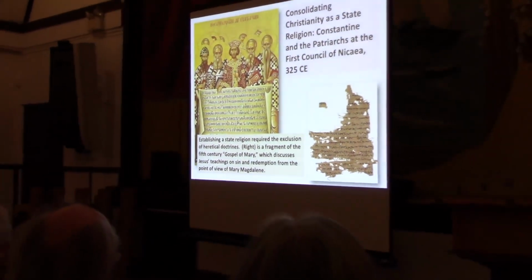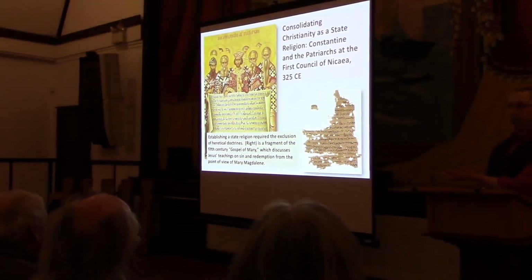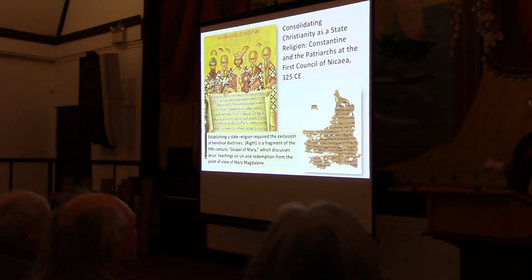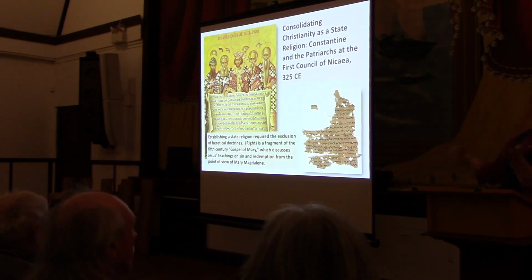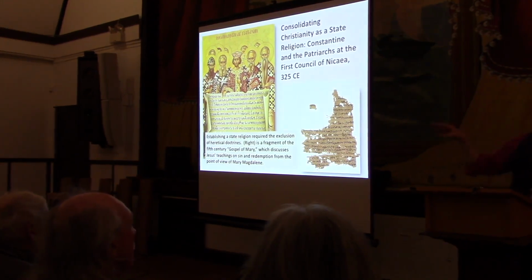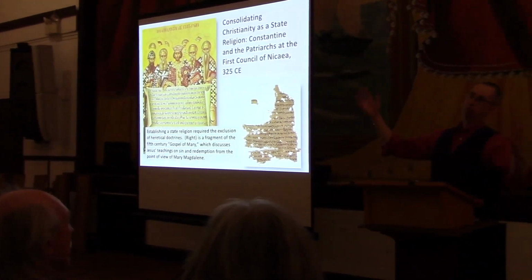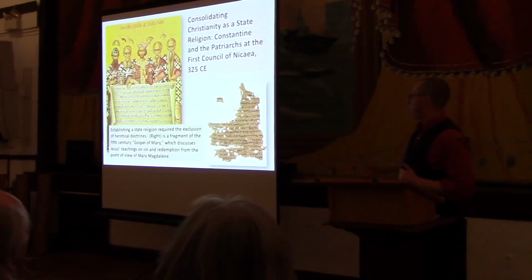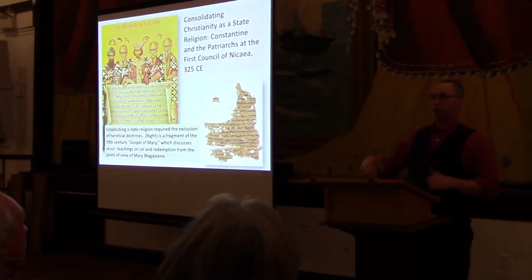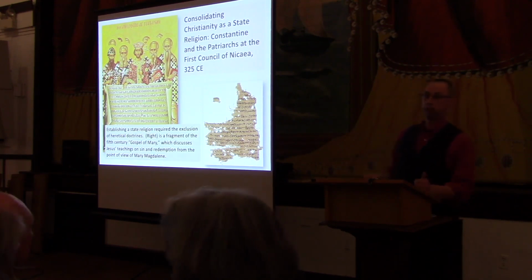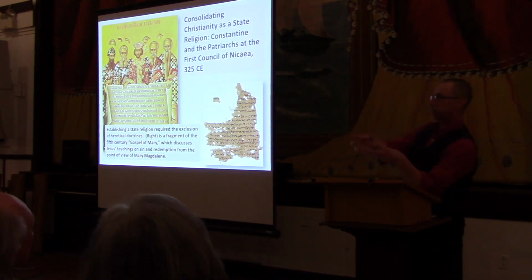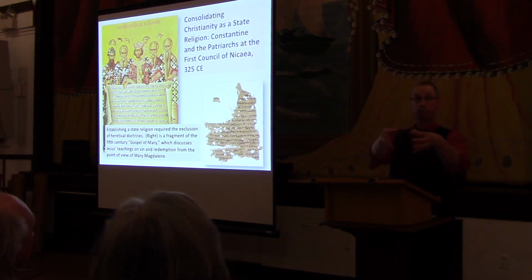325. They had to have a big council at Nicaea because there were so many brands of Christianity running around out there. I mean, so many competing views of what should be included and what shouldn't, and what real Christian doctrine was. They had to get it clear, because once you make it a state religion, it has a function. So I'm afraid the Gospel of Mary gets tossed out, and there's all kinds of, I mean, some of you I'm sure have studied this stuff. The Gospel of Thomas, yeah, they all have Gospels. There's loads of them. But now you've got to decide which are the ones which are going to be canonical, because religion is now going to serve a different